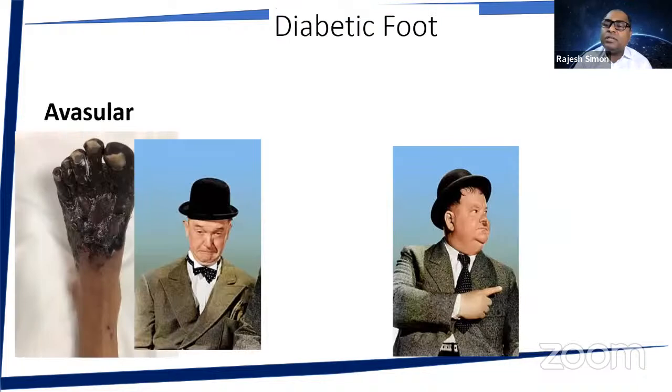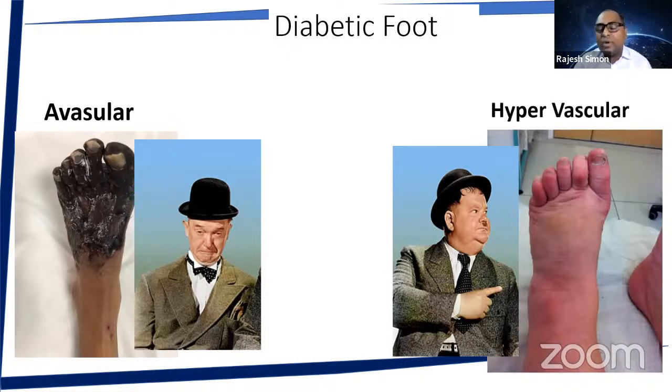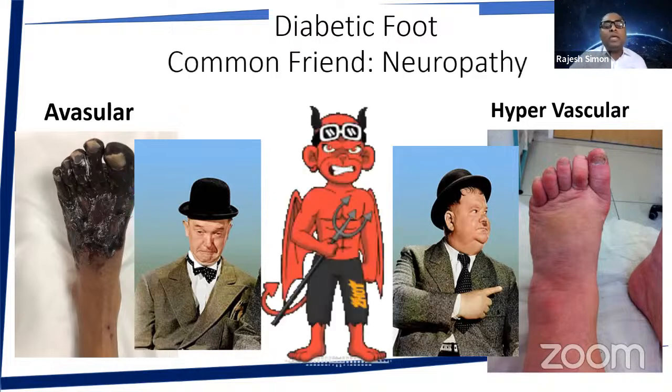The diabetic patients could be avascular because of the vasculitis, or hypervascular. And that is where my patients come in this particular topic, the Charcot foot topic, the hypervascular, most of them. Yes, we have a minuscule number of patients who are hypovascular also. And this added on with a neuropathy is the criminal for all this problem.